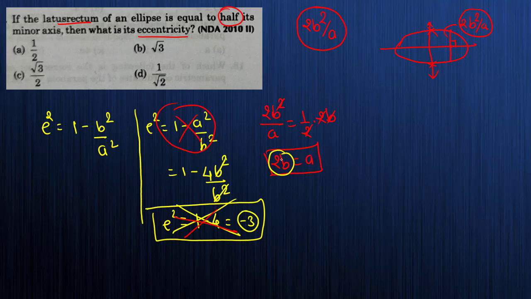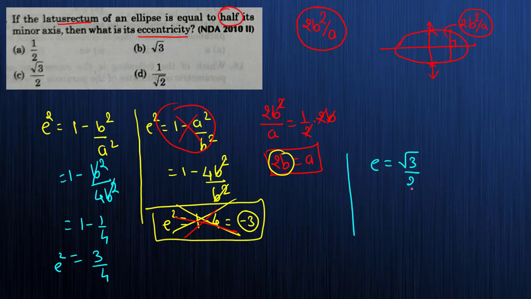What I am trying to tell you here is always use the formula or the factor which is less than 1. Here b square by a square is less than 1. That's why I am using this formula here. So after substituting the values, what you will get here is 1 minus b square divided by a square. a is 2b, so it becomes 4b square. So b square cancel, it is 1 minus 1 by 4, which is nothing but 3 by 4. So e square is equals to 3 by 4 हो गया. Means e कितना गया बॉस? It is root 3 by 2. This is my answer. So which is your answer? Correct, root 3 by 2, option number C.